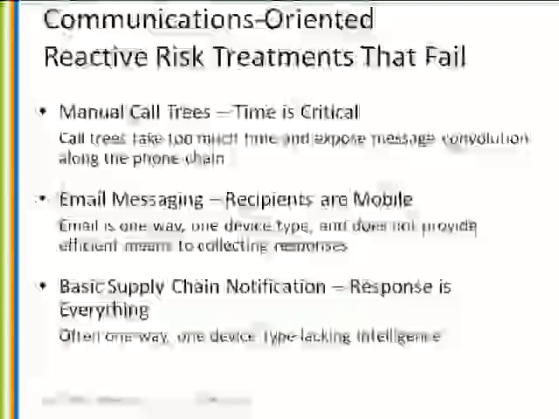Okay, so what are some of the reactive risk treatments that we've found over the 10, 15 years we've been doing this that fail? Number one, many organizations we still know are using manual call trees. And the area there that's the function is time is critical. It takes time to make phone calls and try to reach people in a quick time, even if those